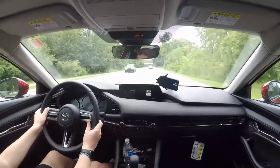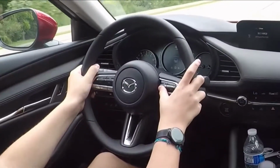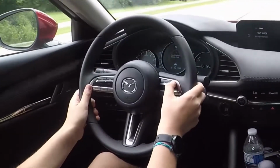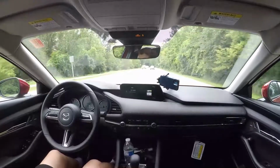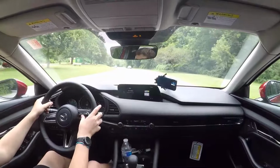But next thing I'm gonna do is try radar cruise. So I'm putting that on right now, and we are set on radar cruise. Just gonna set the res at 45. We're gonna go to 40. This car will now keep the exact speed of the car in front of me. It's gonna stay in the lane. My hands are off the wheel, as you can see here. I'm gonna set the radar at